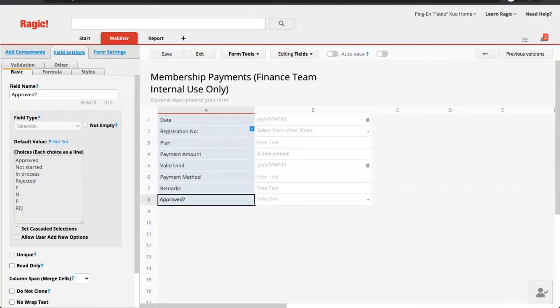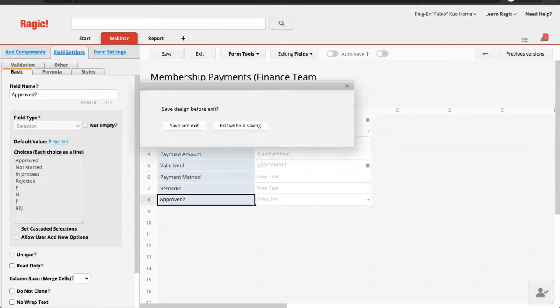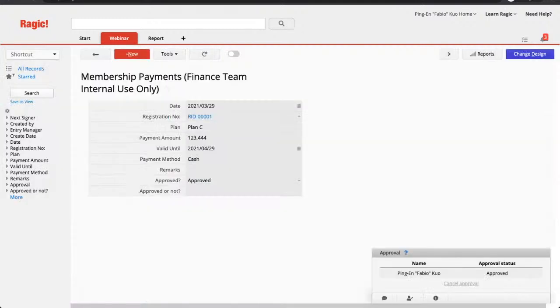In your formulas, you have to reference those values, but automatically they won't display them like in your field values. If you're using it more in a backend formula situation, you're referencing by these values. So I'm just going to exit without saving. If it's approved, then yes, it will automatically show as approved. And yes, it will reflect